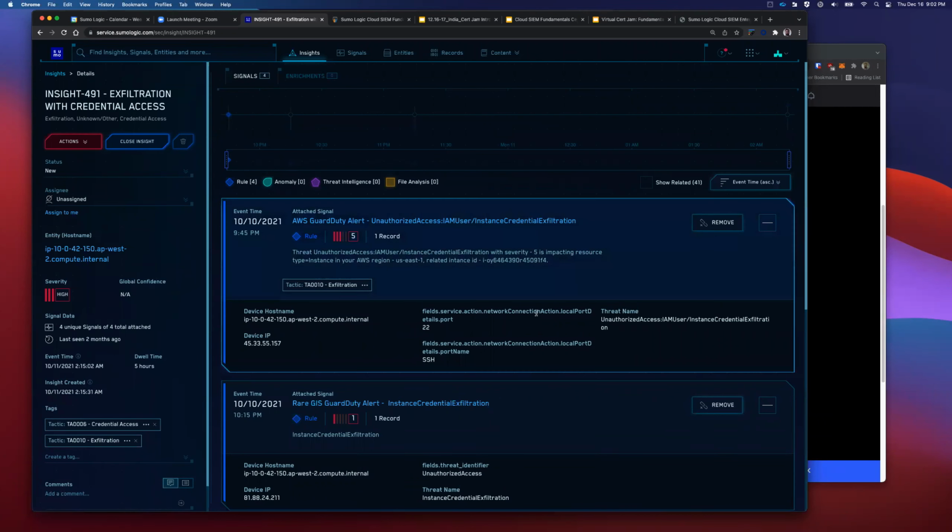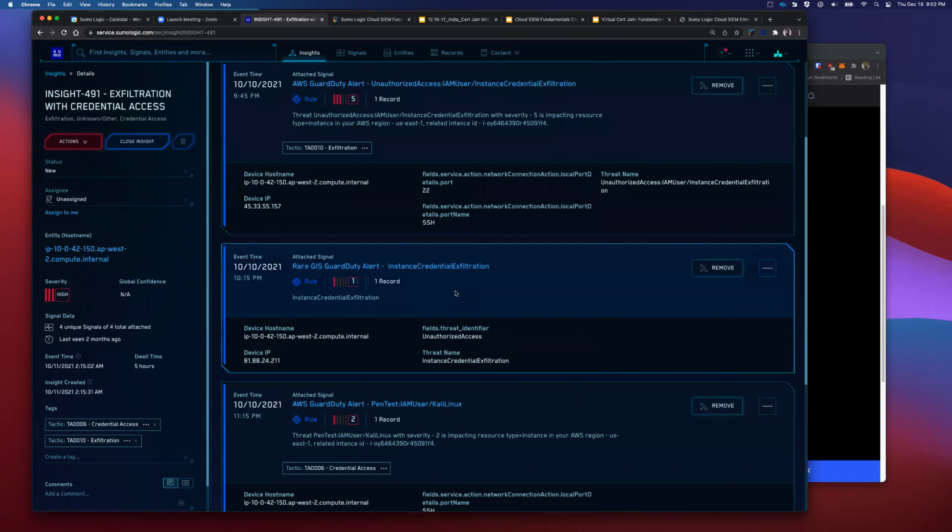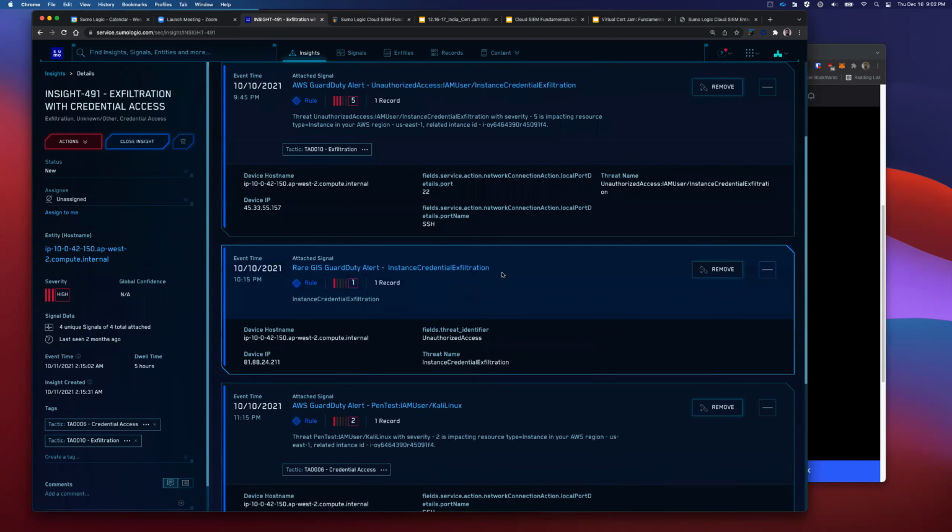Now, what we see a little bit later is GuardDuty, oh, actually, it's this one here, sorry. This GuardDuty right here is detecting that penetration testing is taking place, so this Kali Linux user is doing some pen testing.